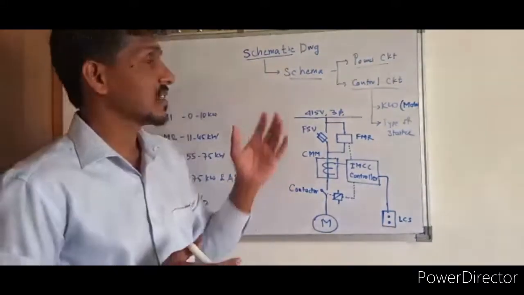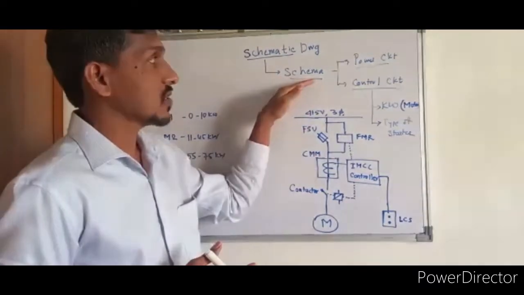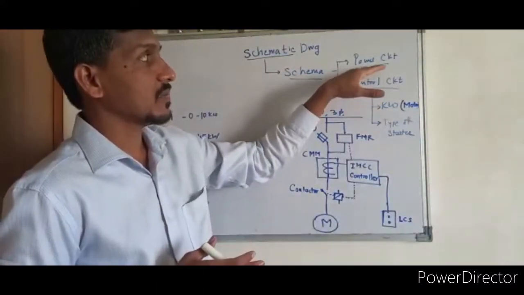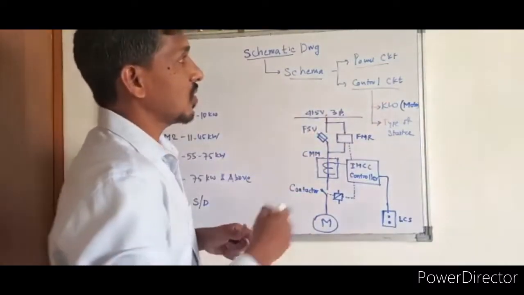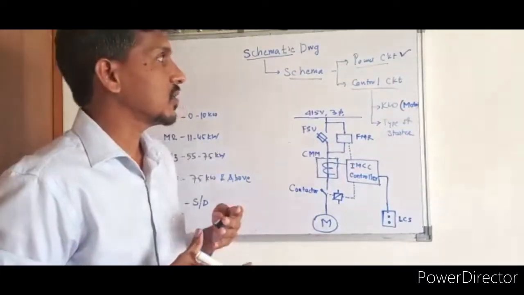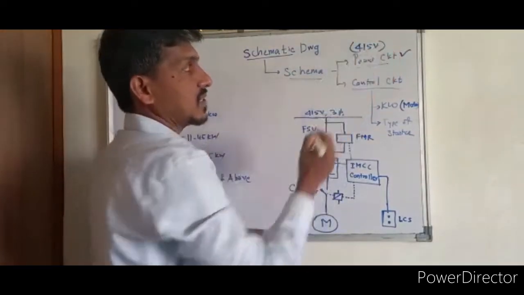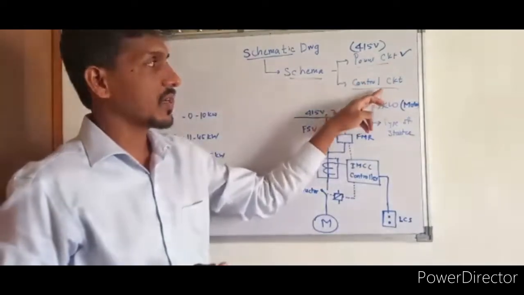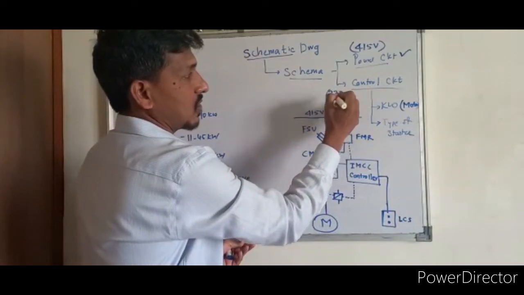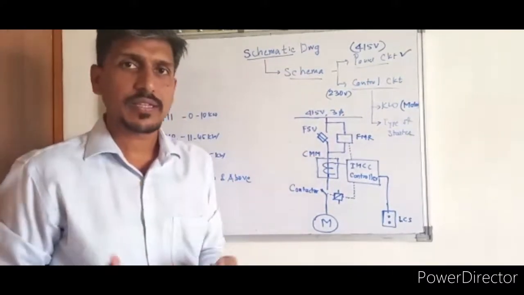Okay, so let's understand what a schematic is basically. Schematic is nothing but schema, meaning structure, or you can say a drawing of these two diagrams, that is the power circuit and the control circuit. You all know what a power circuit is. A power circuit is nothing but a powering circuit. In that you can use a 415 volt, 3-phase supply for the power circuit. And for the control circuit, normally we go for a single phase supply, that is 230 volt. It could be an AC supply or it could be a DC supply. I mean, in DC, it could be 110 volt DC also.